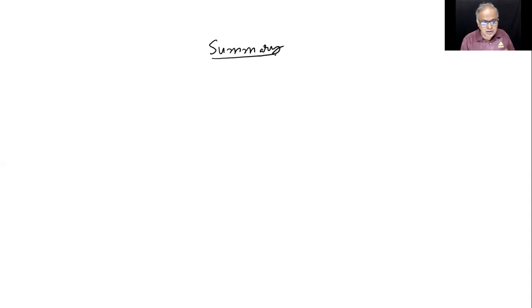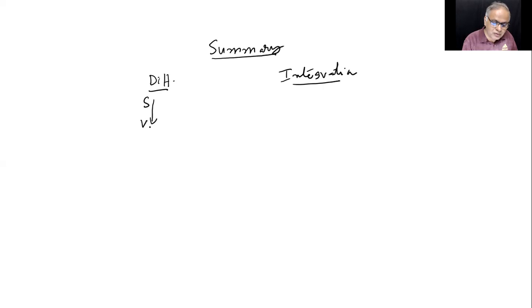So, a summary, if I give once again. I wanted to discuss motion in a straight line only, but with changing acceleration, not constant acceleration. For that, I have got two tools, I told you. What are the tools? Differentiation and integration. Why is differentiation required? To find V from S, to find A from V. This is the differentiation process. S to V, V to A.